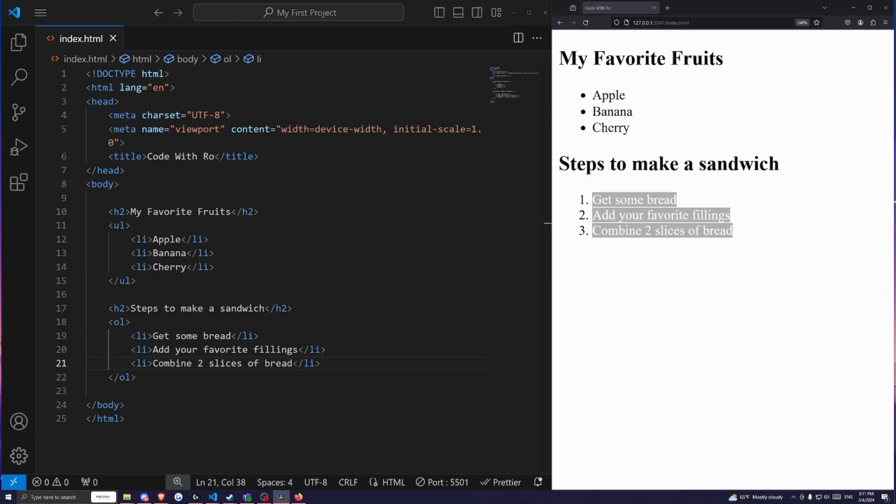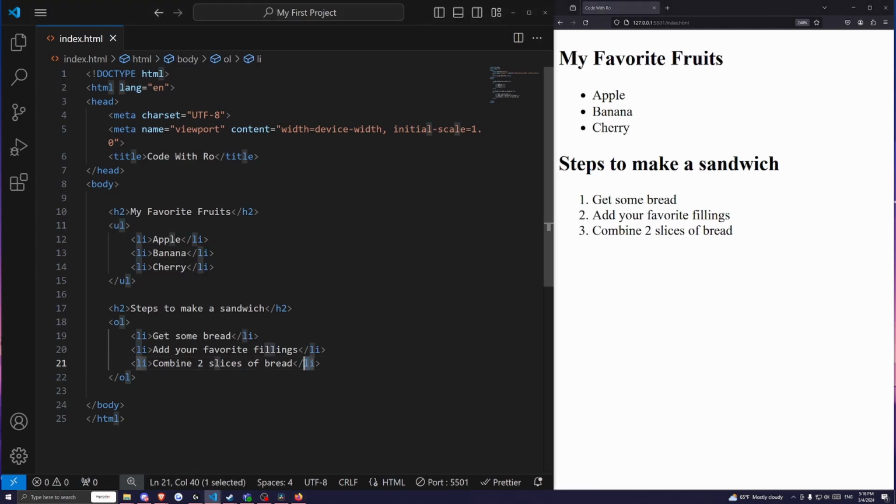Finally, let's talk about definition list. These are a bit different and are used to present terms and their definitions. So I'll make another subsection tag for h2, and I'll call this HTML tags. And then, just like unordered list starting with UL and ordered list starting with OL, this one is a definition list and it will be a DL tag. So I'll do open DL,